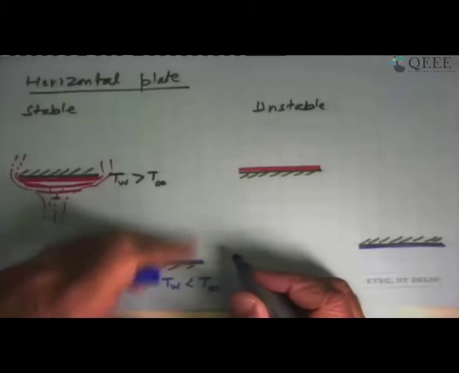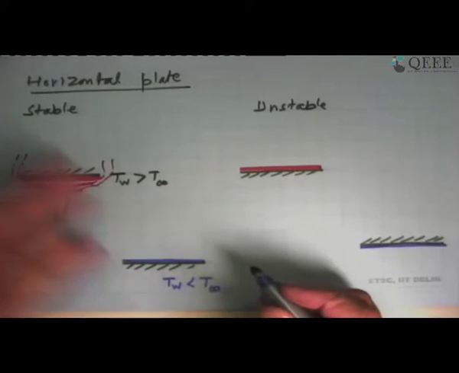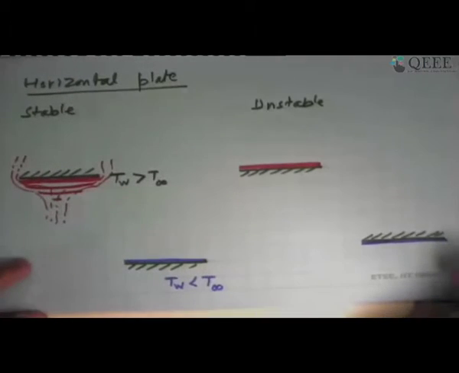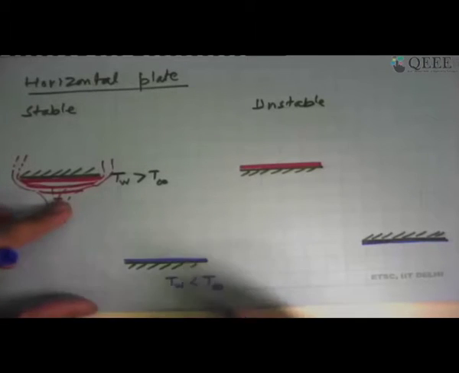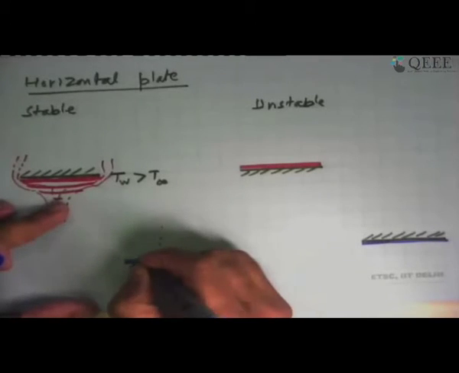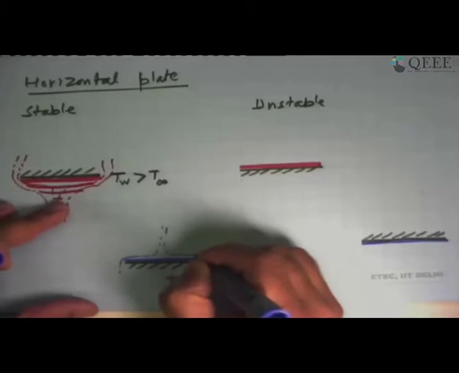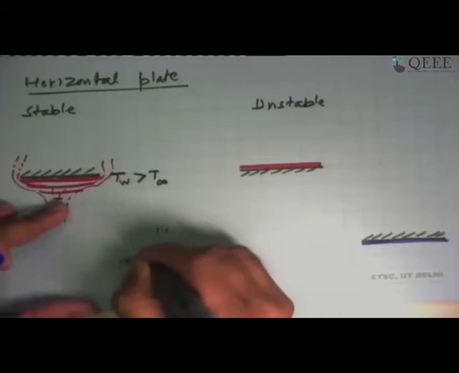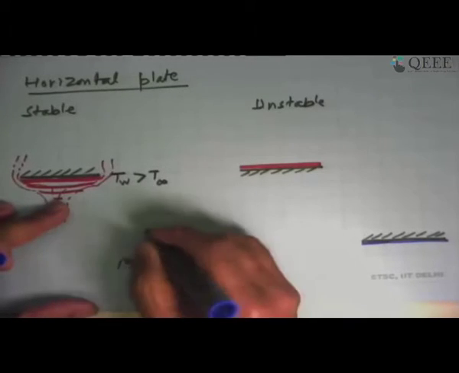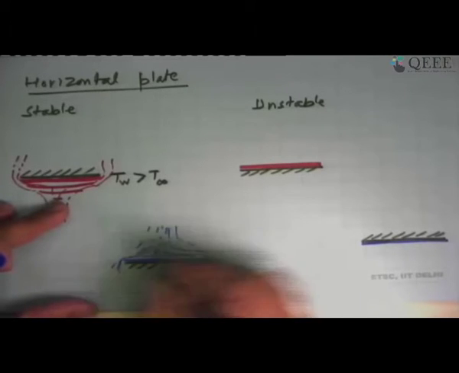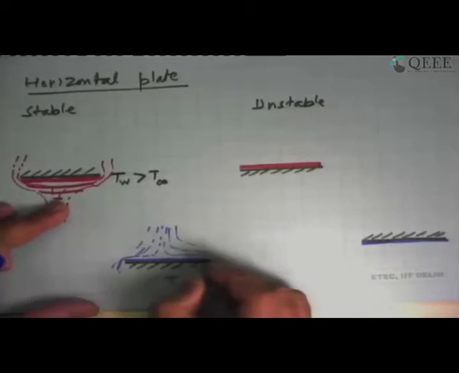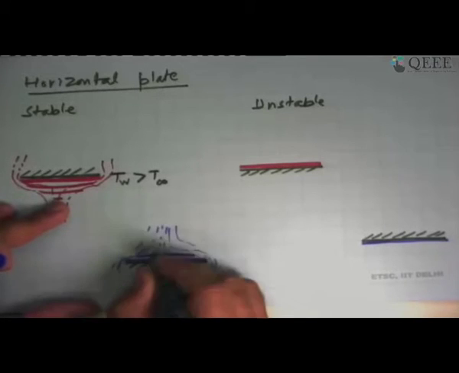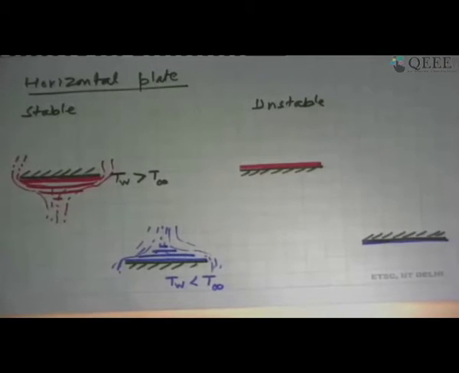So the whole problem is flipped. The heat transfer surface is on the top and its temperature is less than the surrounding fluid temperature. In this case, the opposite of this will happen. This fluid will come there and go off there. This is the way the flow will take place. This will go off there, this will go off there, and then this will go off there. And so you'll have, this is the coldest wall. The fluid temperature here will be slightly less cold, and finally it will be the ambient surrounding temperature. So that's the way the isotherms will get formed.